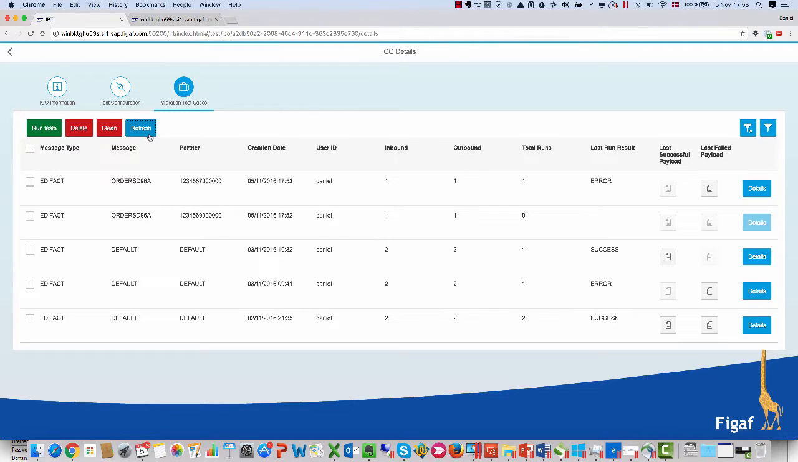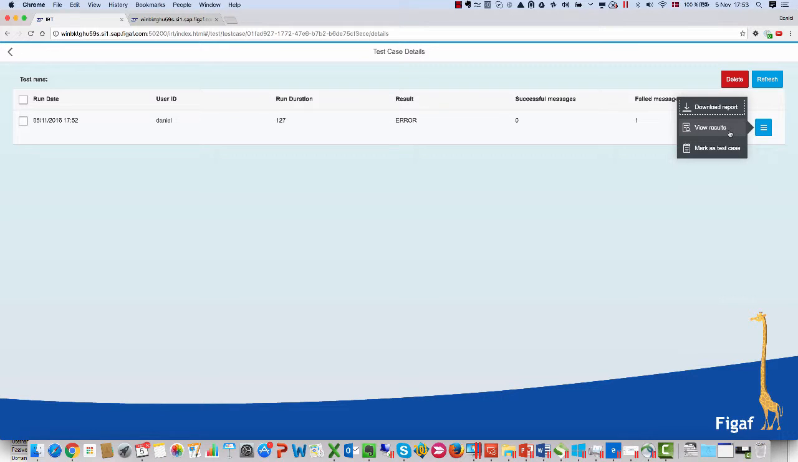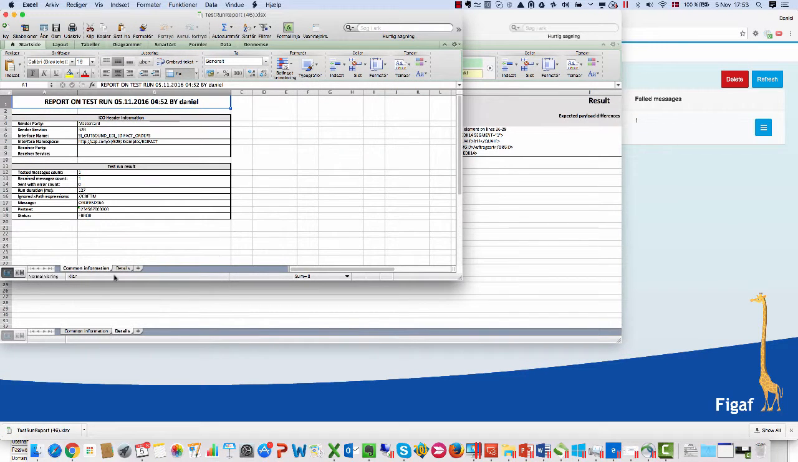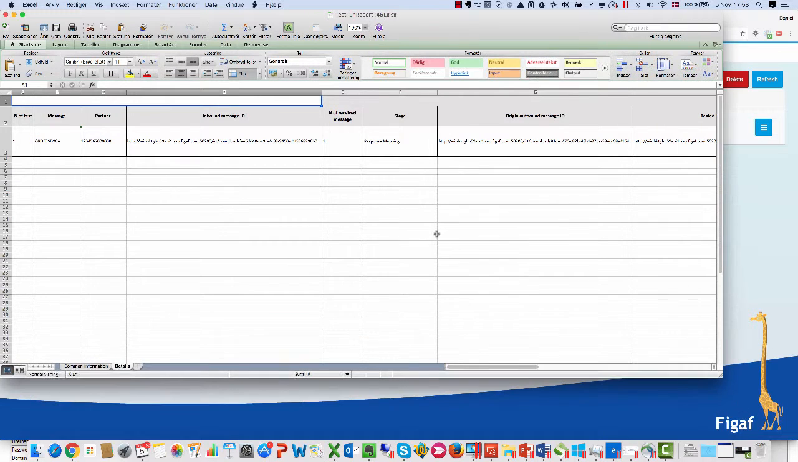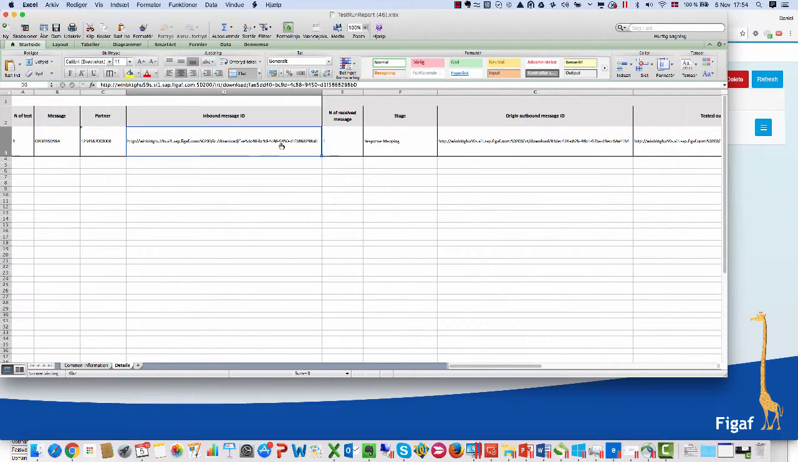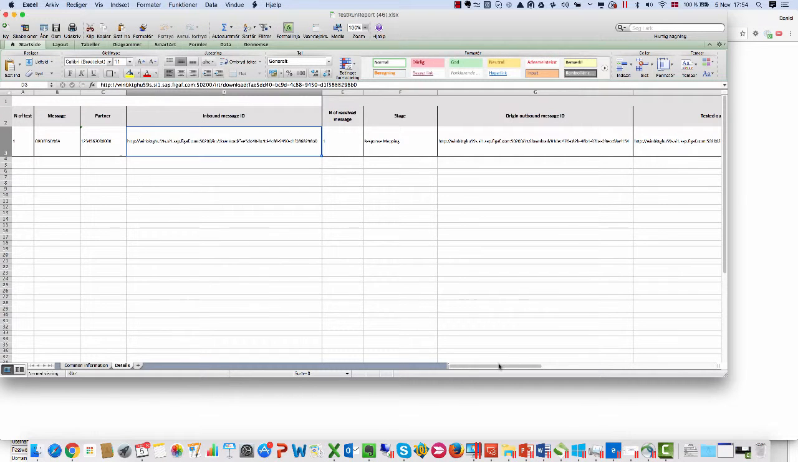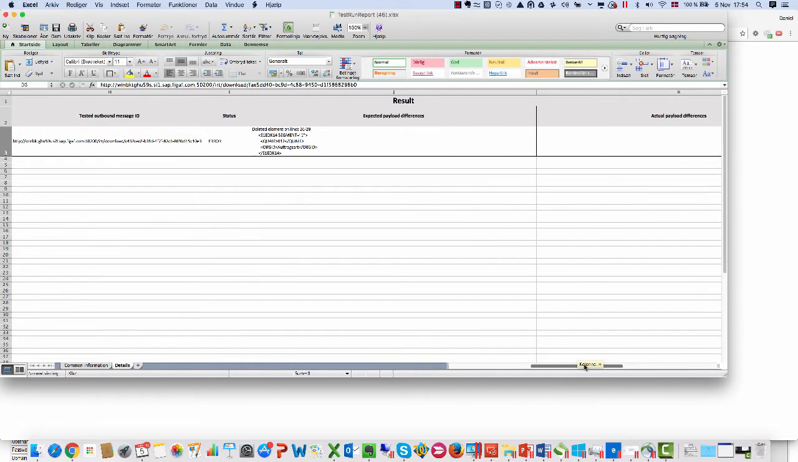Let's see what the result is. So we got an error. And if we go here, we can download the report. And in the report, we would get details about the links to the different messages, so we can easily see the messages that are being sent, received, what they were. We can see here that this segment was deleted and it's not in the actual